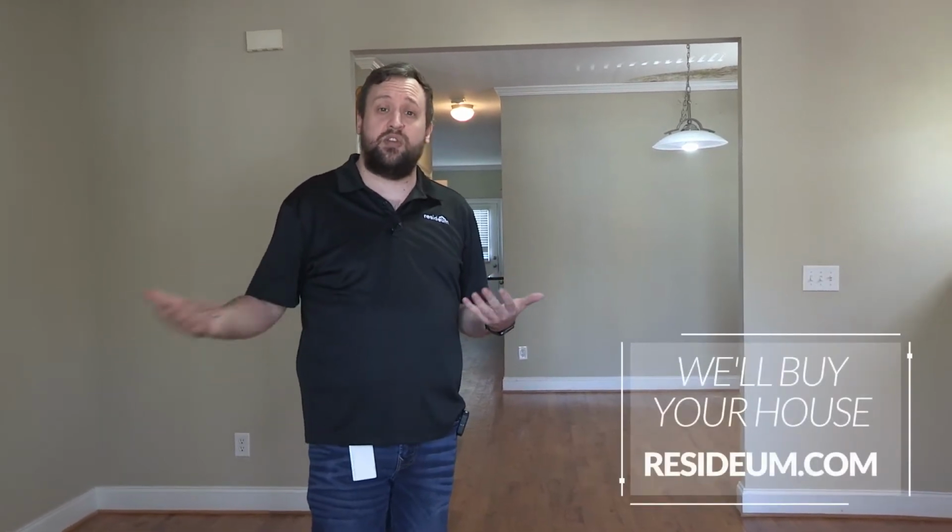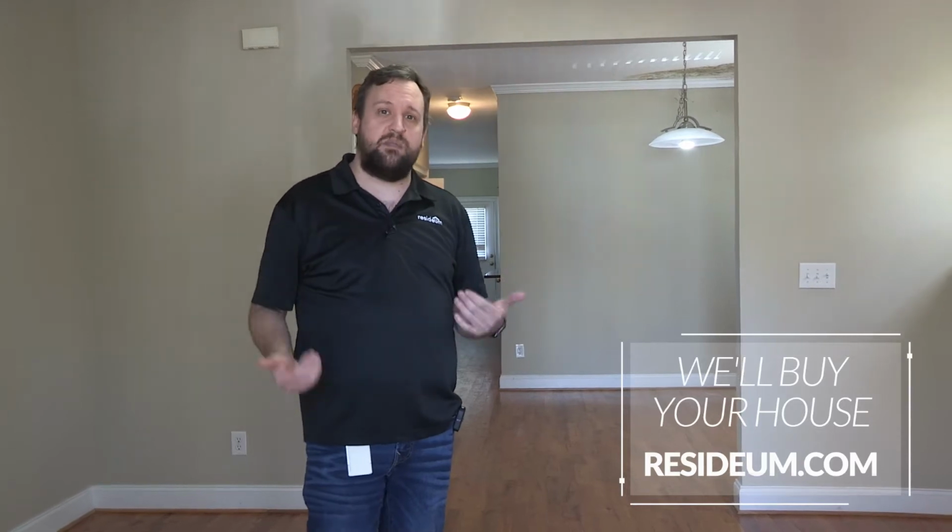This was an investment property. Basically, the house appreciated, the rental value didn't appreciate with it, so it was best for them to sell it. It was a great opportunity for us to come in and buy it, and so that's what we're gonna do. We bought it, we're gonna fix it up, and put it on the market to sell to an owner-occupant. If you have a house that your rental values aren't matching with the appreciation value for your house and it's a good opportunity for you to sell,